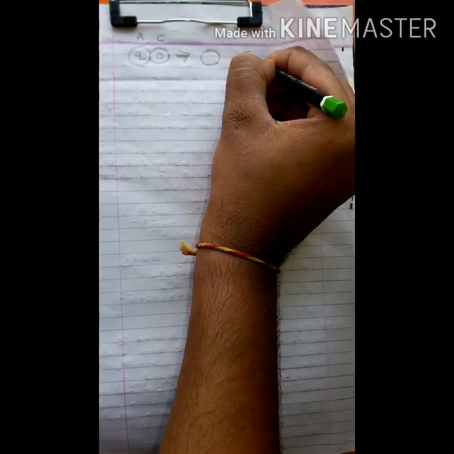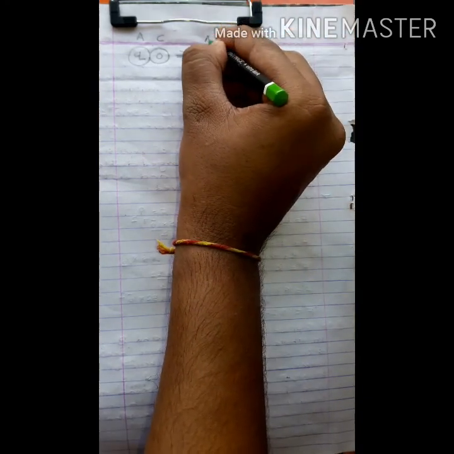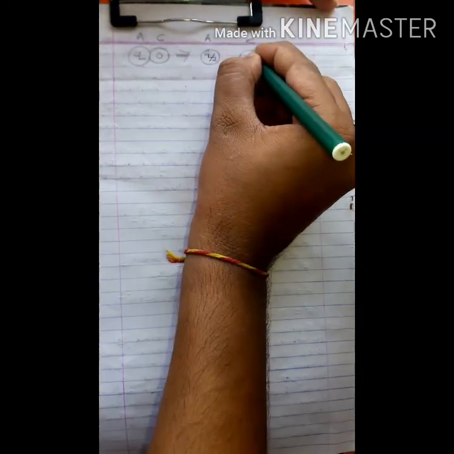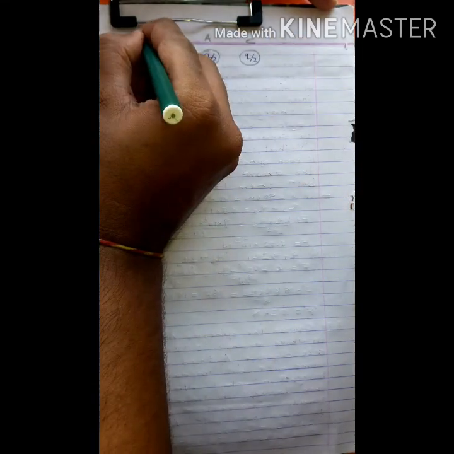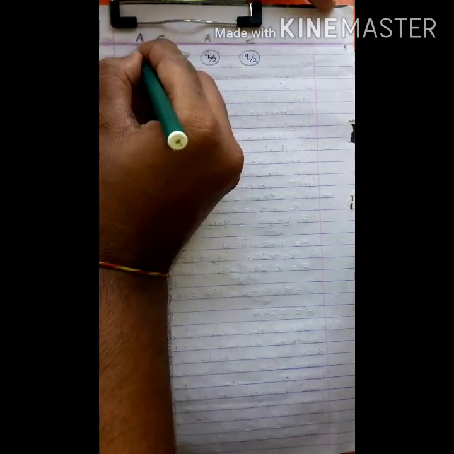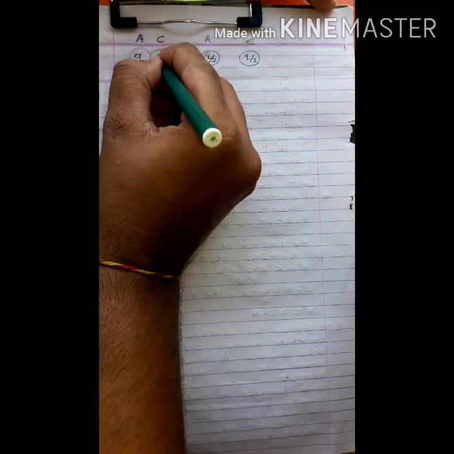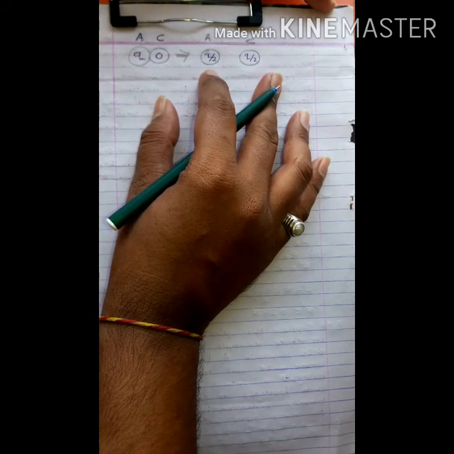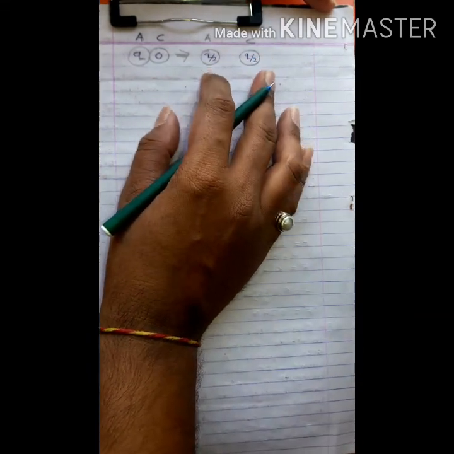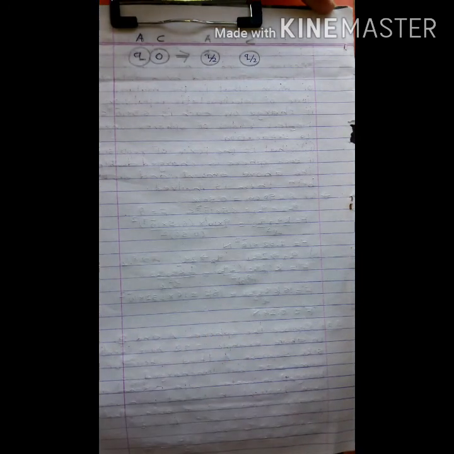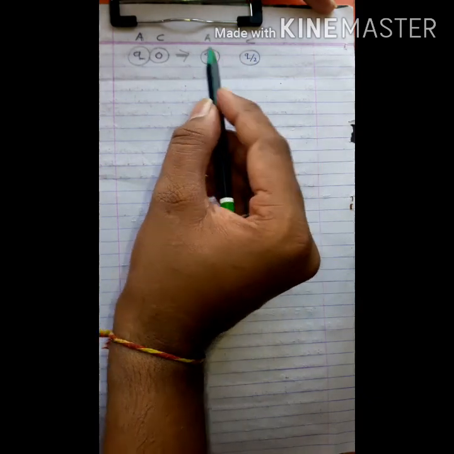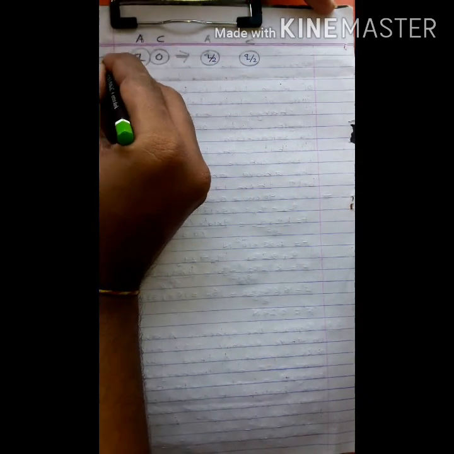So now this is our first sphere, sphere A, and this is our second sphere, sphere C. The charge on both spheres becomes equal, so the charge on both spheres becomes Q by 2, Q by 2. Initially the charge on sphere A is Q and the charge on sphere C is 0. Whenever we remove contact between the two spheres, the charge on both spheres becomes equal, Q by 2, Q by 2. Now here we consider contact of sphere C with the second sphere B. So this is our first situation.